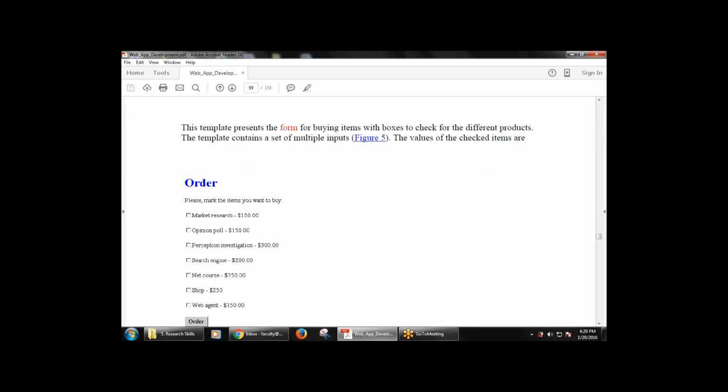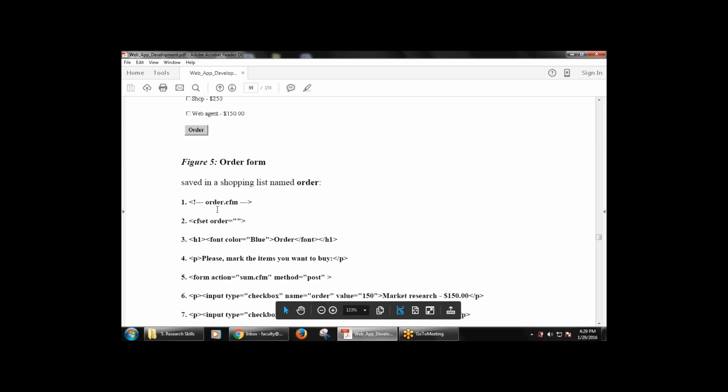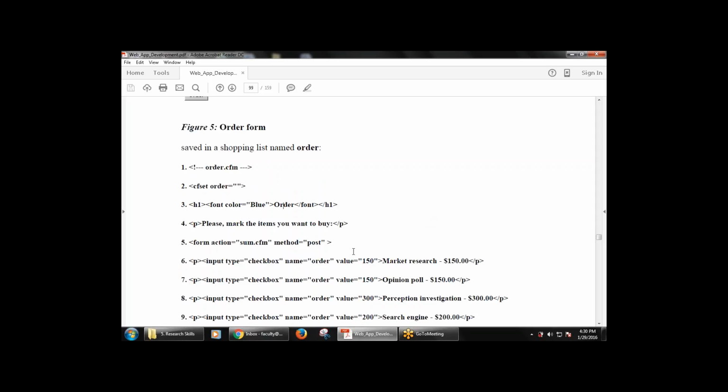In the last class we finished with the order form, order.cfm, which is used for making the transaction successful. Then there's h1, then font color equals blue, and the various fonts used with this. The form is used for making the form action,